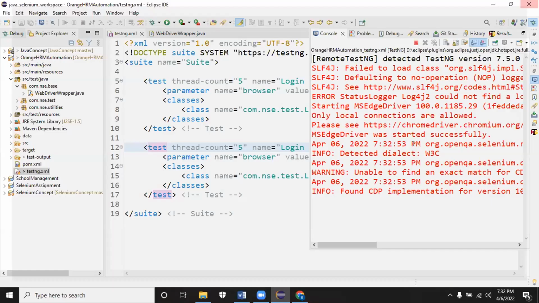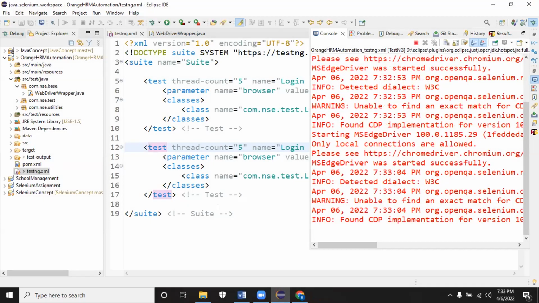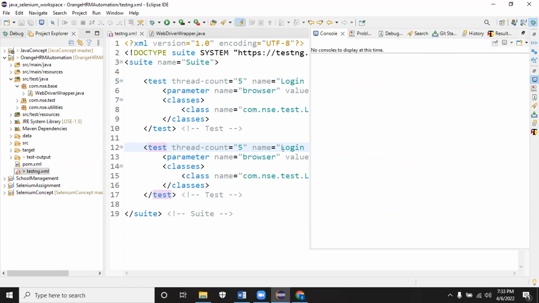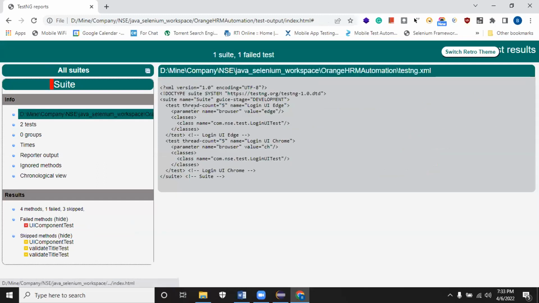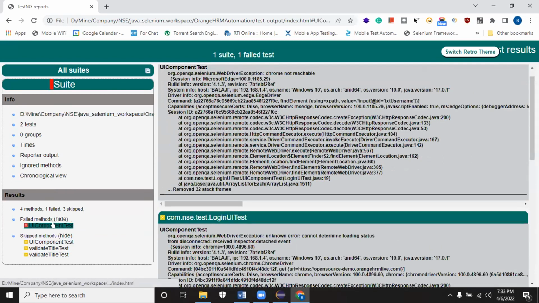Let me close it. We close it and then it will go for the next test tag where it will launch the Chrome. I'll just close it. Okay, you can see all browsers got triggered. Now both the test tags I need to run parallelly. If you see the testng XML, you will have our XML which I created right now. Now all the details are skipped because I closed the browser. One is failed. I just closed the browser, remaining are skipped.